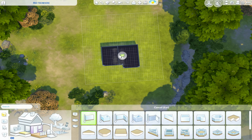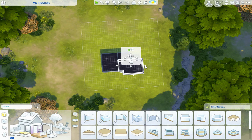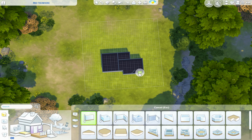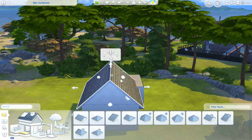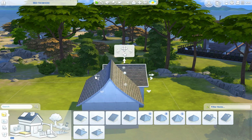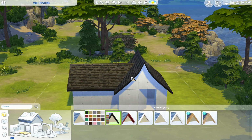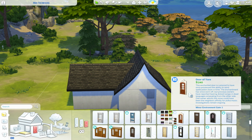So today I decided on building an abandoned home, and I wanted it to be really old looking, so I decided on making it suit a couple. My idea is that a witch and her husband used to live here, and it's been abandoned for years because the locals think that it's haunted. So that was my idea for this build. I think I got that across, and I think it looks really cute, if I'm honest. I hope you guys really like it, because it was really fun to build since it's so different